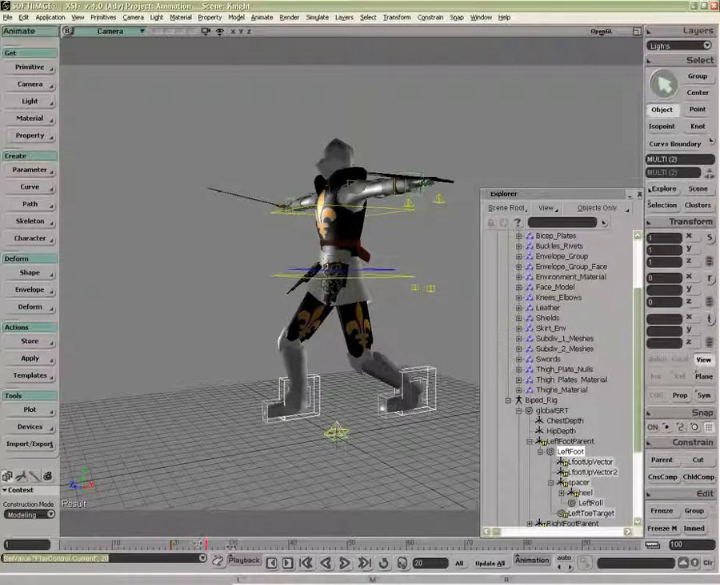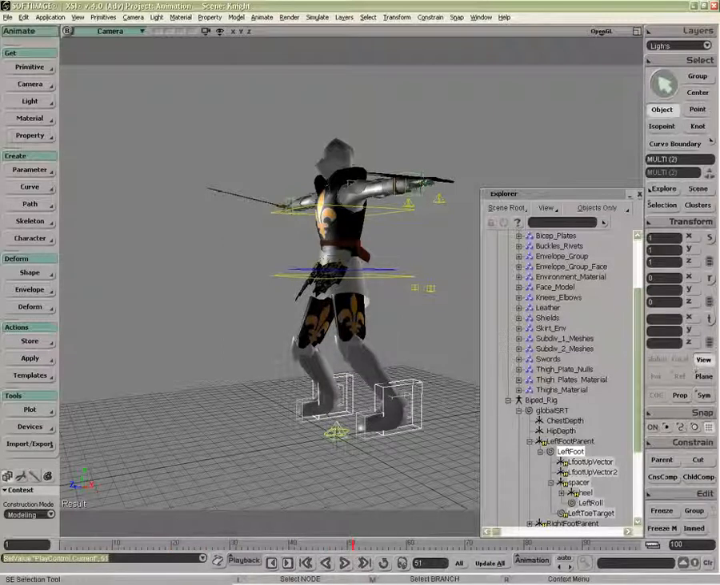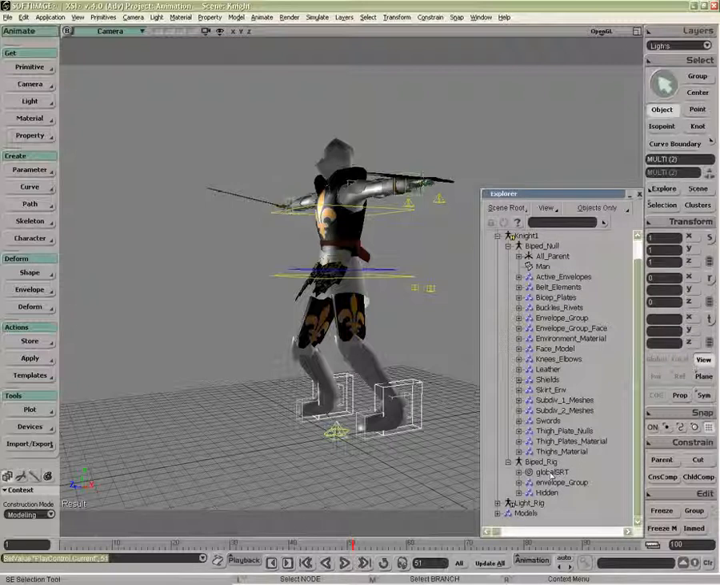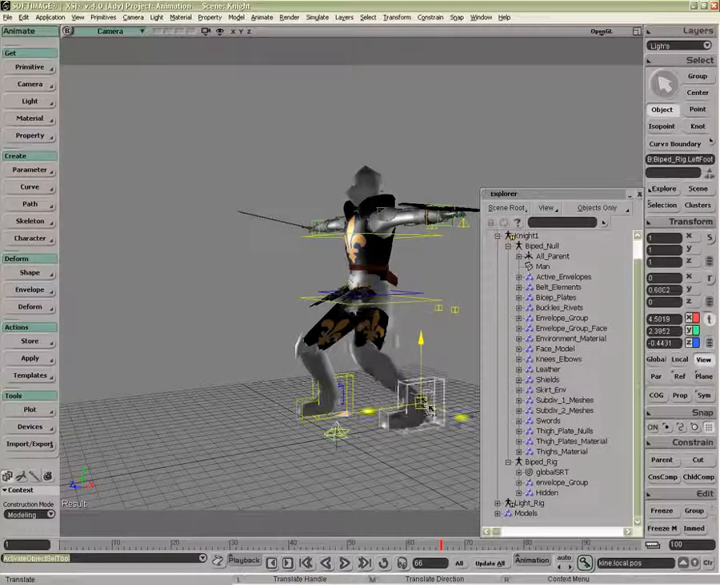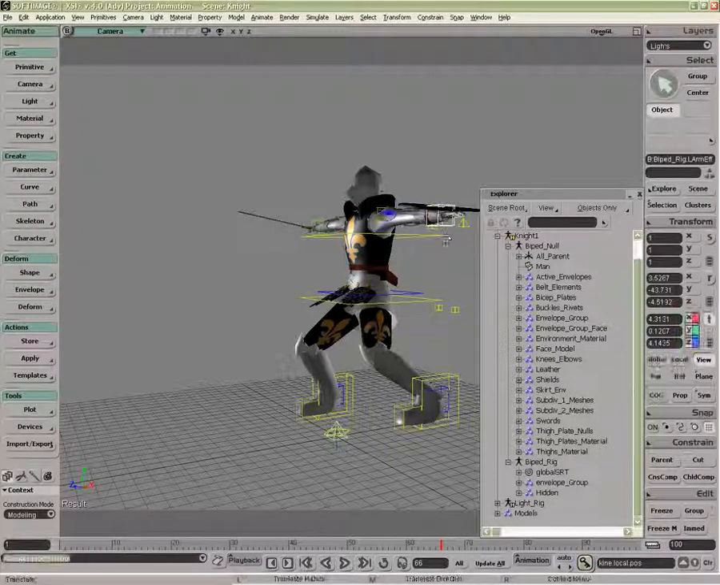If I want to do my entire character, I can always go to the top null and do exactly that, and there we go, it's set the key on the entire character just using any marking sets. So I'll go to another one here, move him up, move him down, maybe he's falling over, drop his arms,